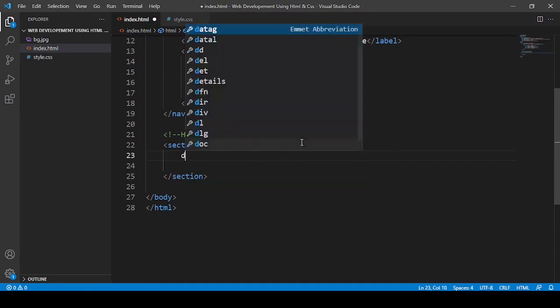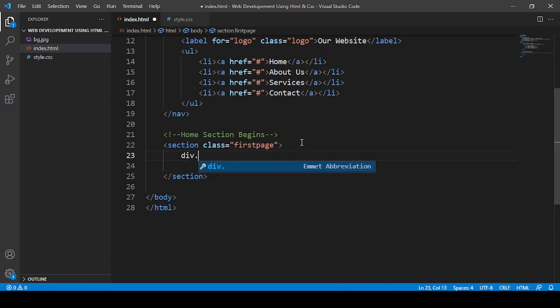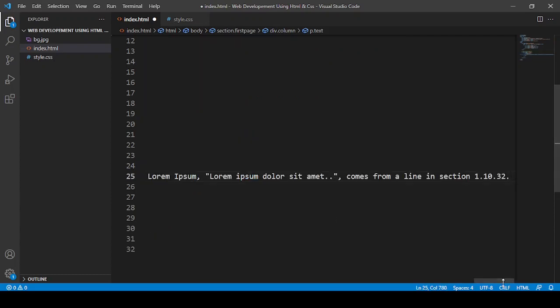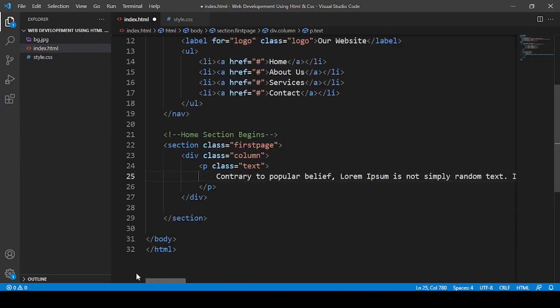For the moment, I'm going to make one div, and I'm going to say div dot column and hit enter. Here I'm going to say paragraph equals to text, and in that text I'm going to paste this lorem text. But now see how it is looking.